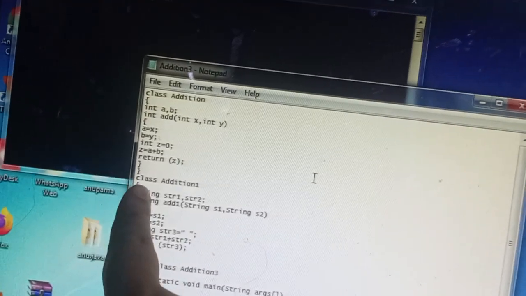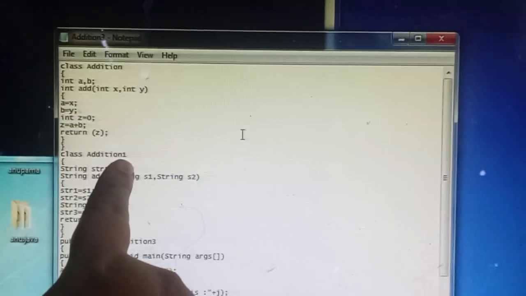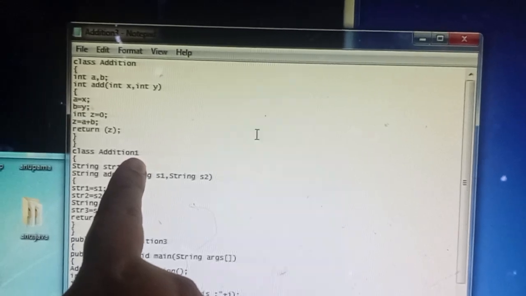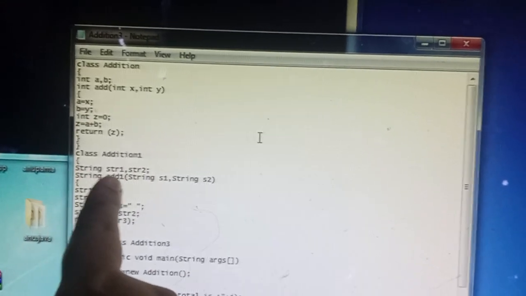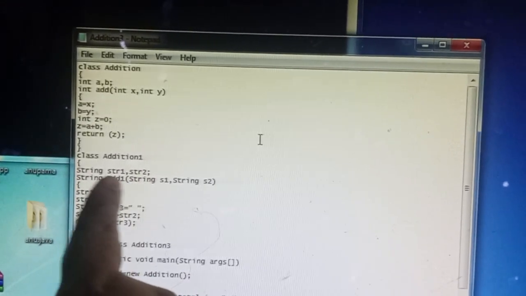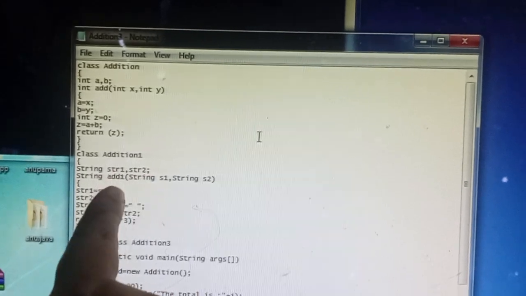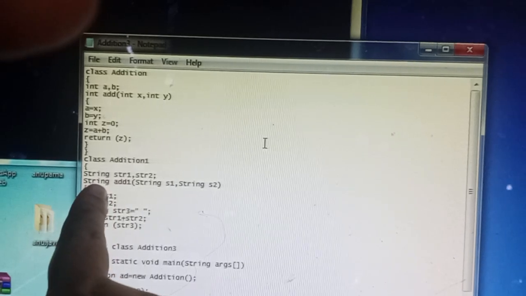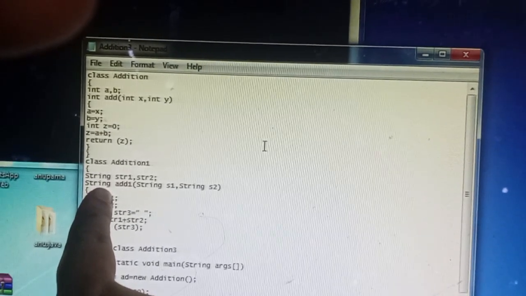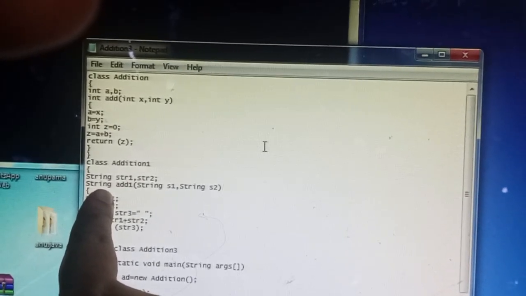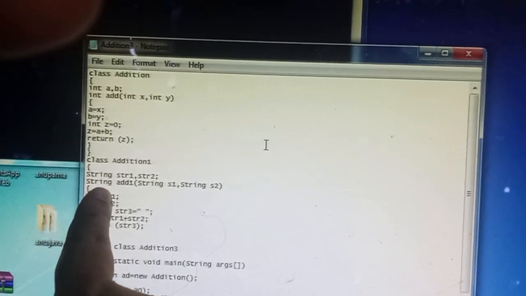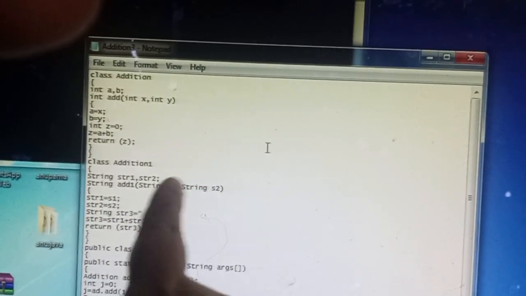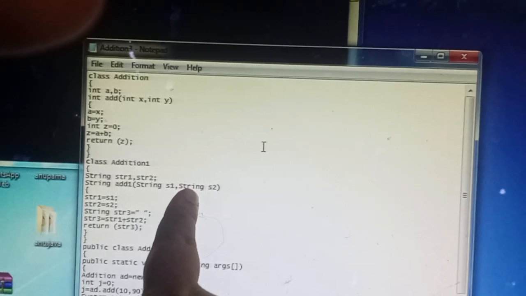Next, one more class I created, that is addition 1, with string str1 and string str2, the two string type variables, and a function add which is of string data type. That means it returns string type data, and it also takes two variables of string type.